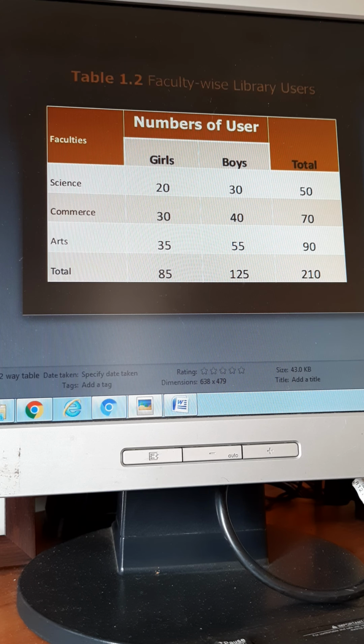Supposing you are the chairman of the college, and you are thinking about opening the library 24/7. The librarian says, sir, there is nobody coming after 7 o'clock. So instead of closing at 5 o'clock, we'll open it from 5 to 7, and we'll close it at 7. So you have to take a decision now.